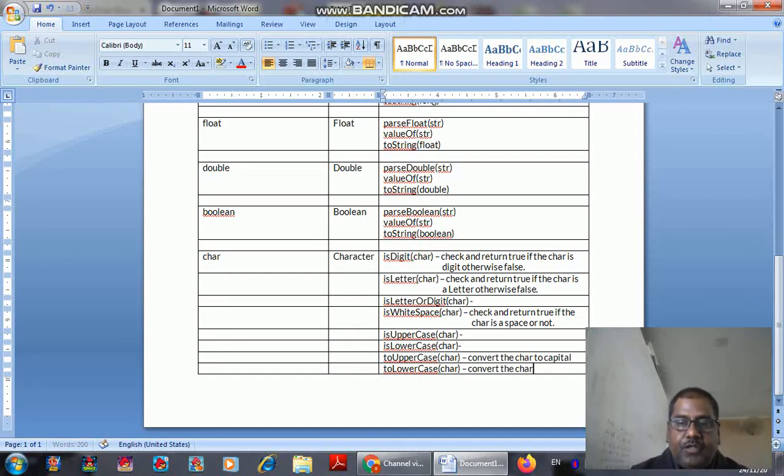It will convert the char to small. These are the functions that we can use when we are writing a program, and each primitive data type is associated with a class which is known as a wrapper class. This is what we all have to do in the wrapper class.